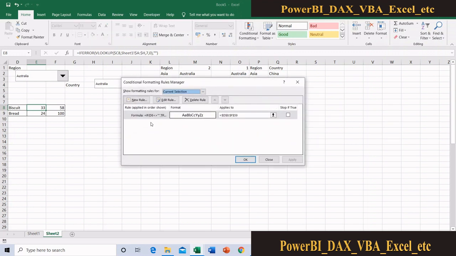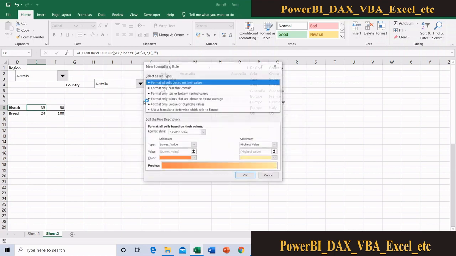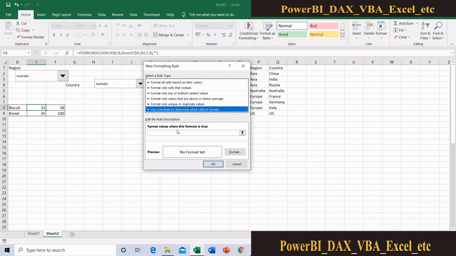For my color, I am going to create one more conditional formatting. Just click on this new rule, use formula. You can apply something from here as well, but now I am trying to explain conditional formatting based on formula. Equal to, I need to check the value is greater than 30.